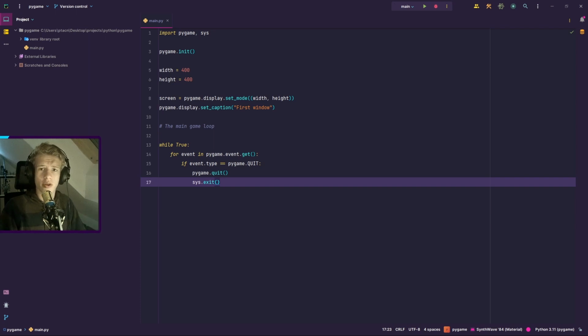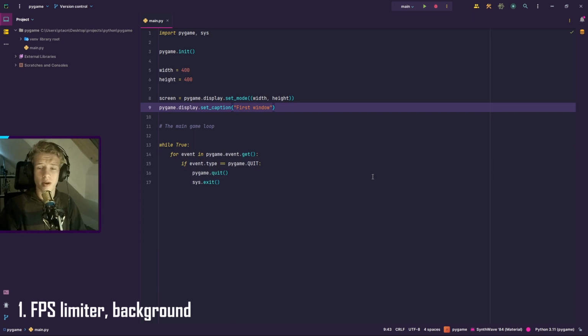In this video we are going to focus on creating the window in a more advanced way, and also we are going to create some simple objects. Okay, now we are in our code, and the first thing we are going to add is an FPS limit,